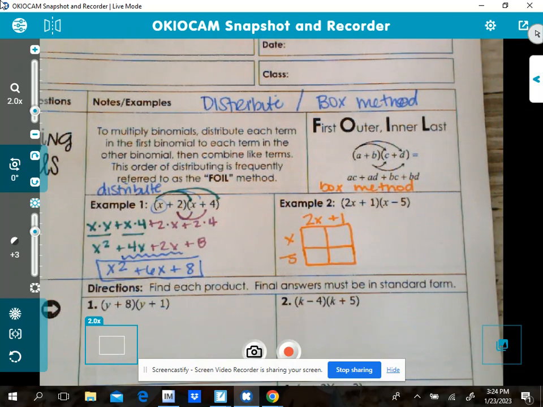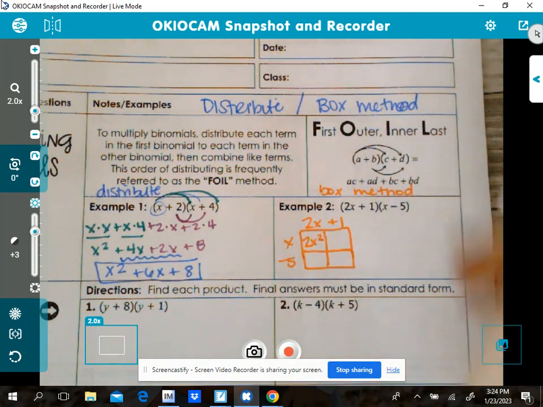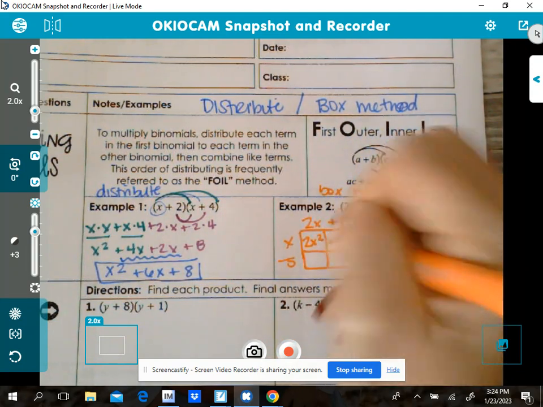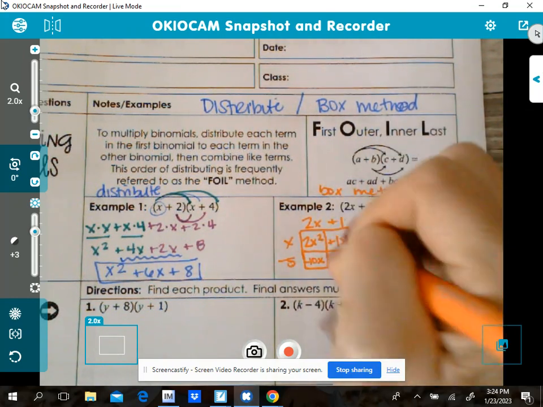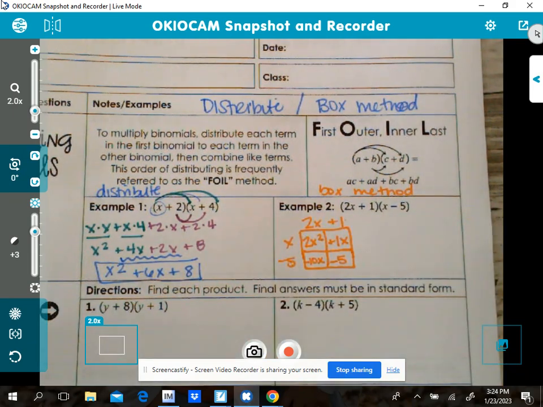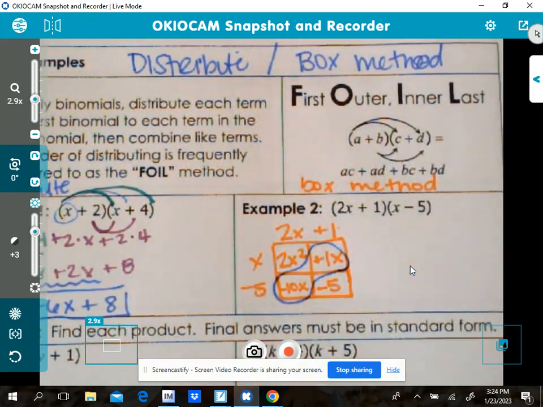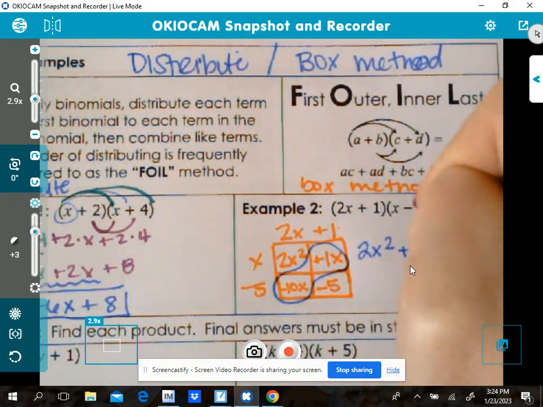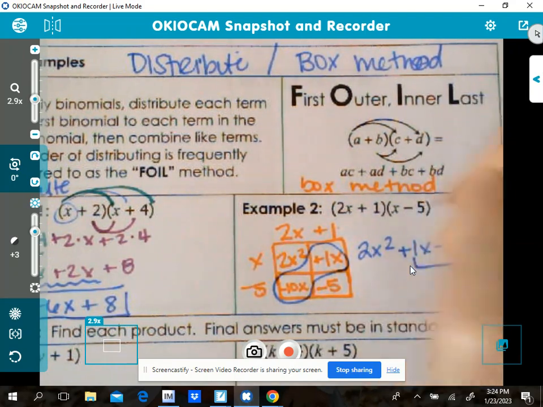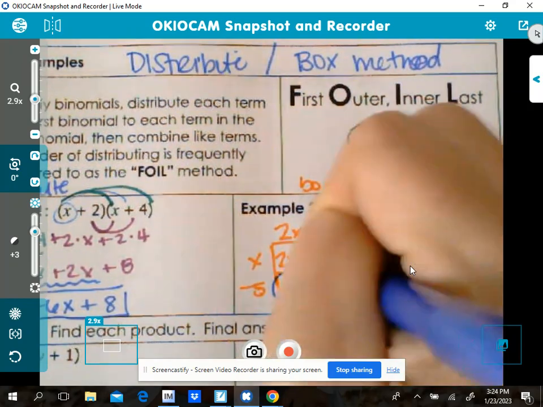And then I'm just going to fill it in by multiplying what goes where. So 2x times x is going to give me 2x squared. x times 1 is going to give me positive 1x. 2x times negative 5 is negative 10x. And negative 5 times 1 is negative 5. And then again, usually, because there's always an exception, what I call the little peanut, the diagonal here, is your like terms. So you've got 2x squared plus 1x minus 10x minus 5,